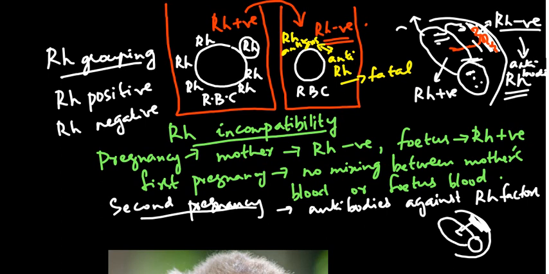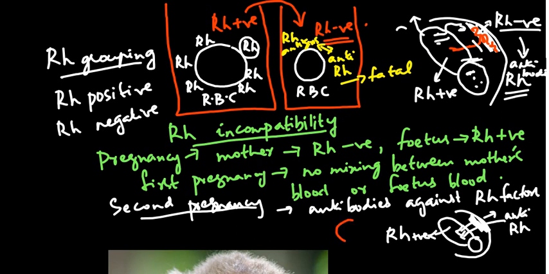That is, if in the second pregnancy also the baby is RH positive, in that case, now that the mother's blood has already prepared antibodies against the RH factors, these antibodies can cross and come towards the baby's blood. This will result in clumping together of the